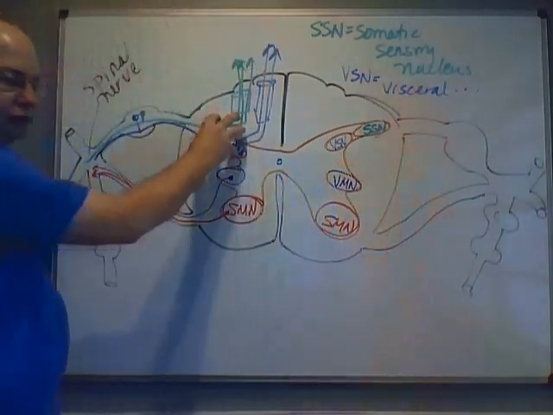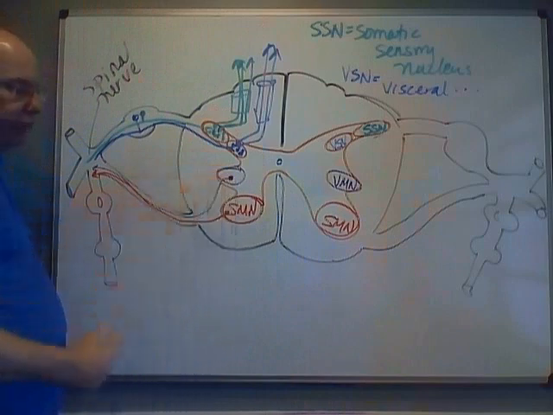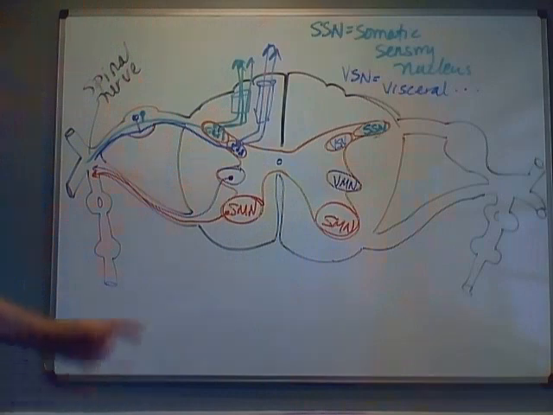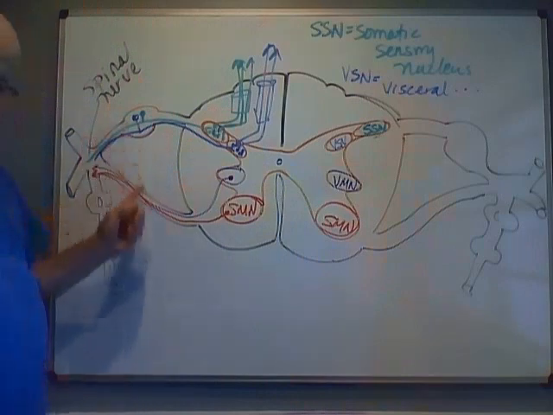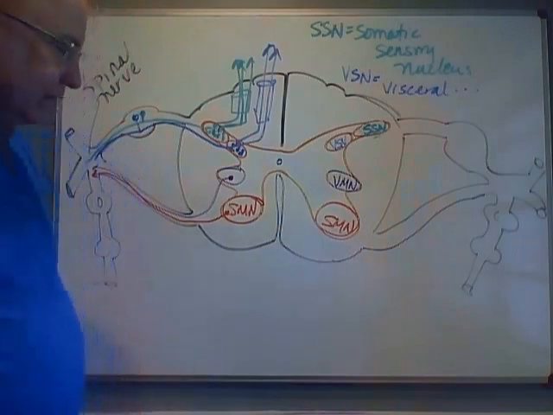You need to know where the sensory nuclei, the visceral motor and somatic motor nuclei are. You need to know what's happening in the spinal nerves and the two roots. Now this leads to something important. Like I said before,